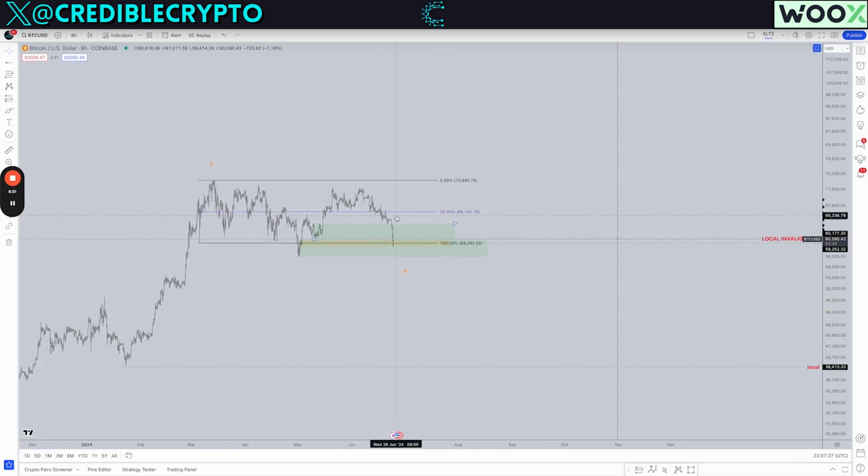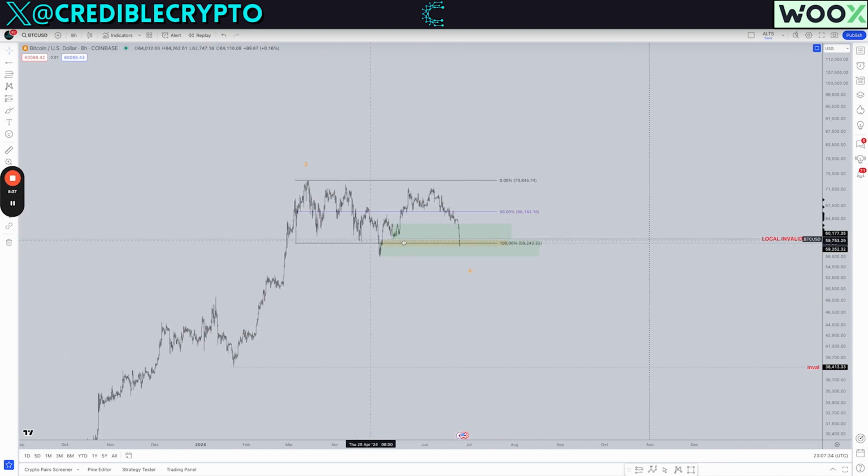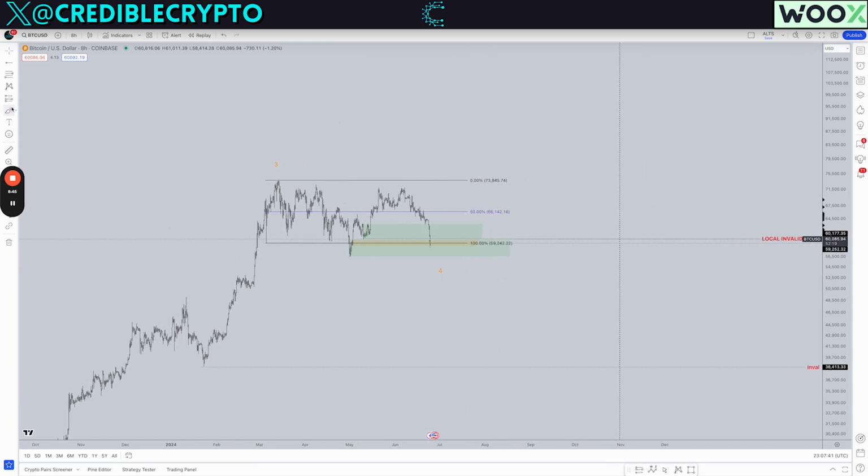I'll point them out here in a minute. But in a situation like that, we're closer to the end of this correction than you think, even though we did hit 60K as invalidation, okay? And again, that just means that our impulse hasn't started yet, but it doesn't necessarily mean that we have tons of downside left. That's the key that you want to take away from here. If we do bleed lower, the next biggest area of support is going to be this cluster of demand right here.